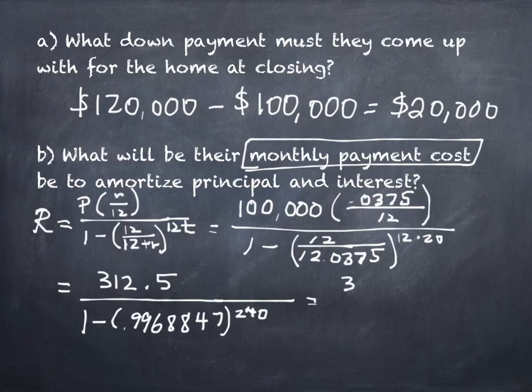Okay, I still have 312.50 on top. It is 0.9968847. Do you want all of it? Give me 7 of them. Okay. 1, 5, one more, 2. All right, perfect. Now what?